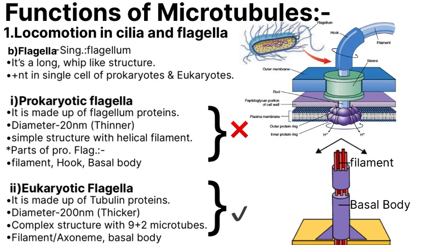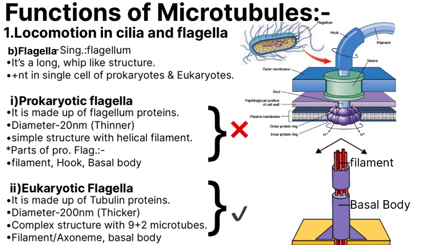The number of flagella on a prokaryotic cell varies per cell. That depends on the species. We have two different types of flagella. One is the prokaryotic flagella and the other is the eukaryotic flagella. While the bacterial prokaryotic cells also possess flagella, these are structurally different from that of the eukaryotic flagella. So the prokaryotic flagella are made up of the flagellin protein with a minimum diameter of 20 nanometers, that is thinner than the eukaryotic flagella. They comprise a simple and helical structure.